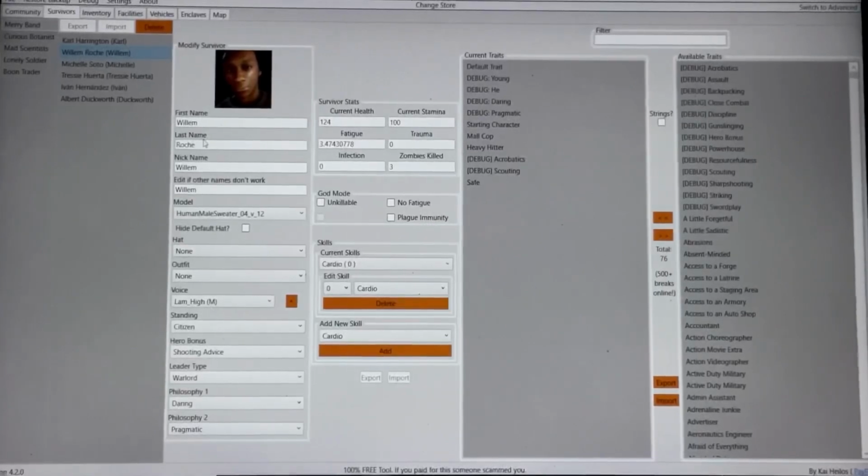And you exit the game and you go into Community Editor, and you launch the game, and then in the game, it changes the name back to what the character was originally called. This usually happens for characters that are edited,